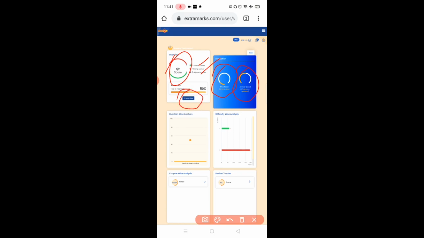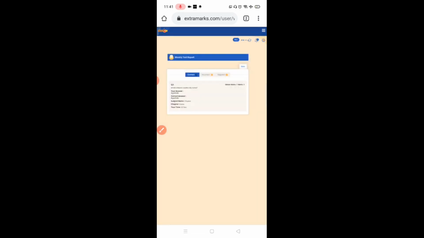You can see why my answers were wrong and what the teacher has commented. So for that I will click on answer key. As I click on answer key, you can see the correct answer is 1 and the incorrect answer is 1. Objective questions will be automatically evaluated in real time and you will get this report card immediately. But if it is a subjective type, then until your teachers evaluate it, it will not show view analysis. My objective answer was right.